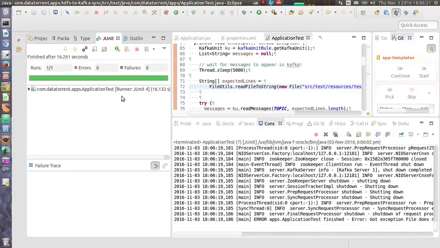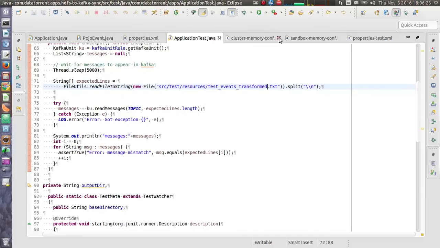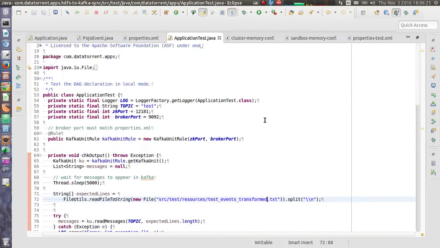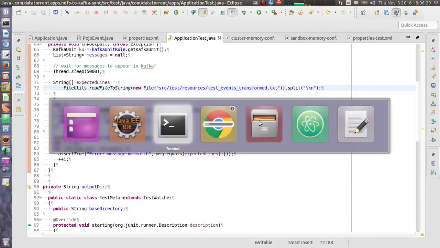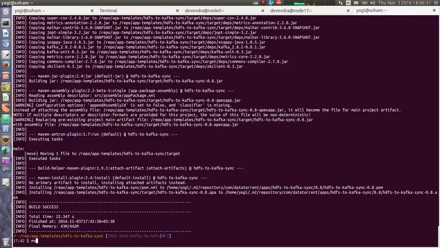And unit tests are passing. So we are good to go. So let's compile it using Maven.